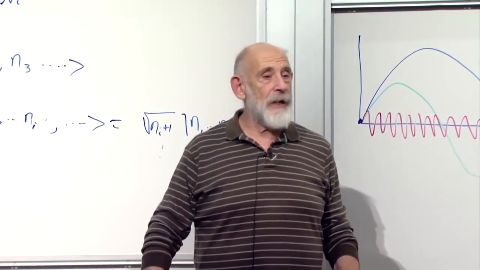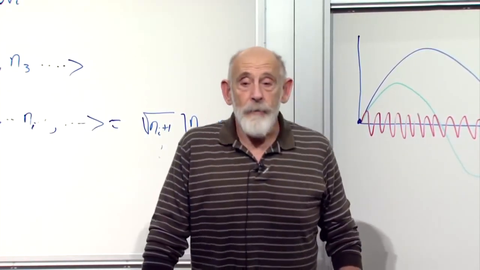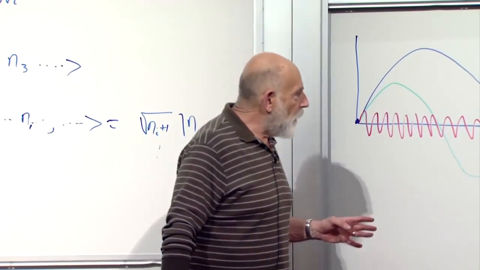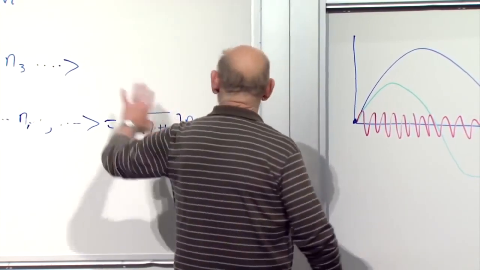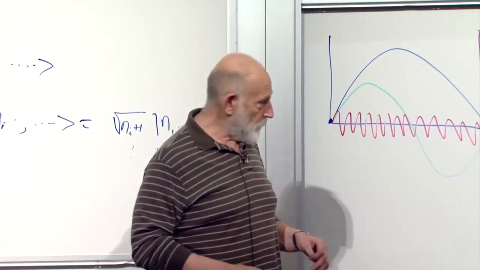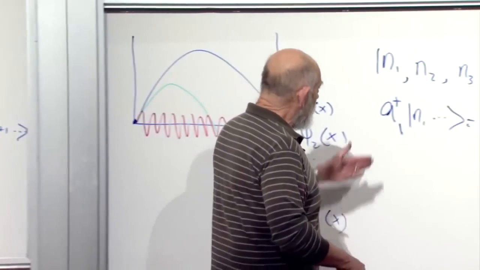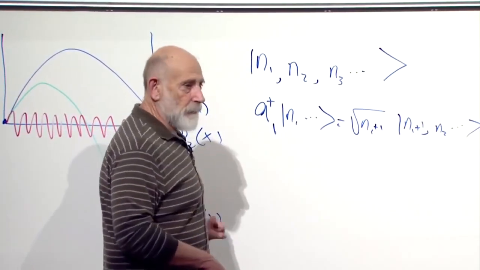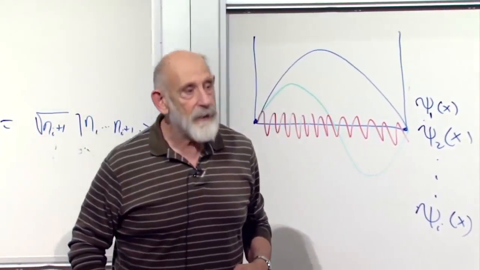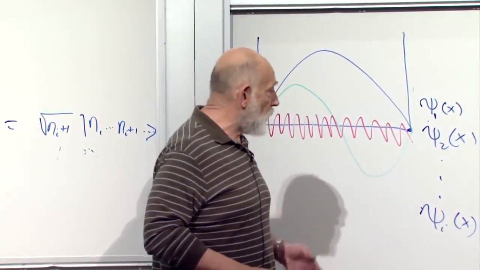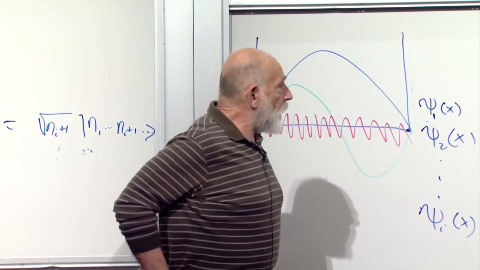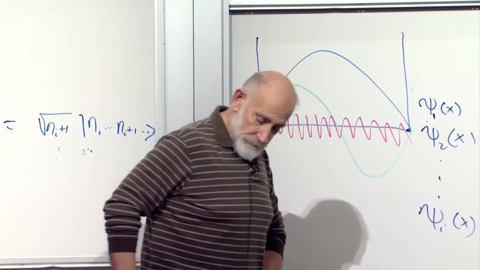Why does it multiply by the standard square root? That's a definition. But it's a definition which is very cleverly chosen, among other things, so that we can use all the apparatus that we have about oscillators, which is very helpful, as we'll see. Likewise with the annihilation operator. Now I'll call them creation and annihilation operators. They create and annihilate or remove particles from the system. Okay, that's the basic idea of creation and annihilation operators.